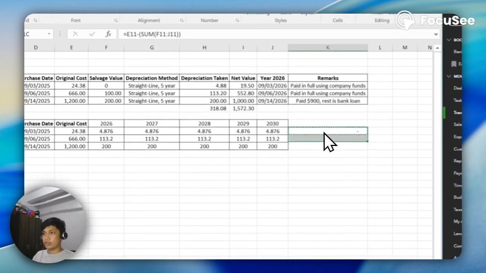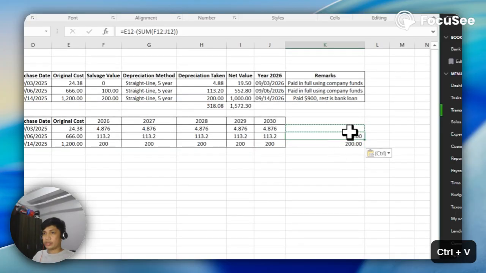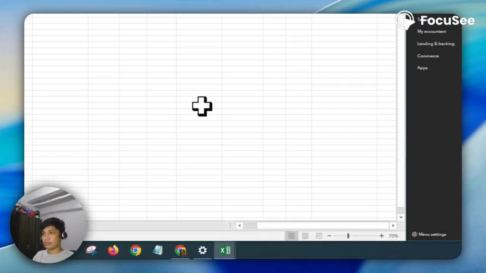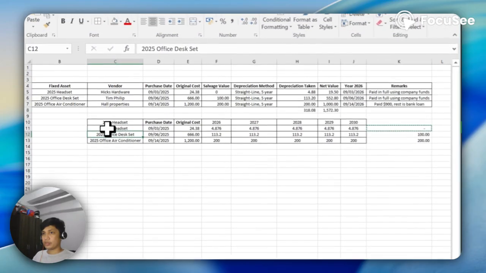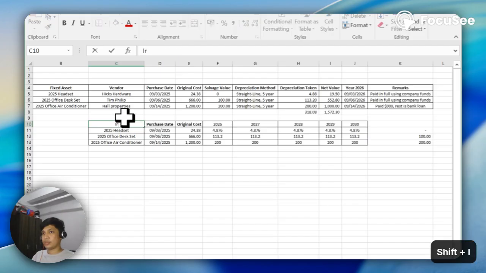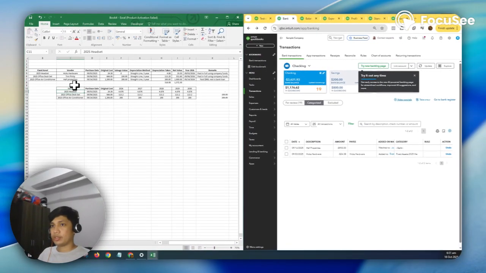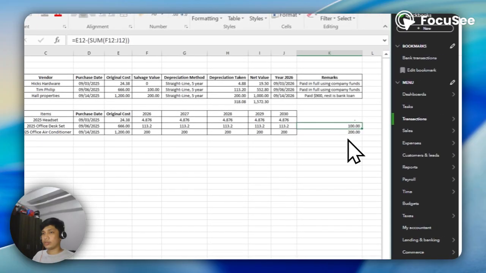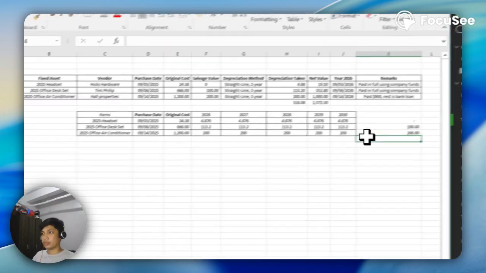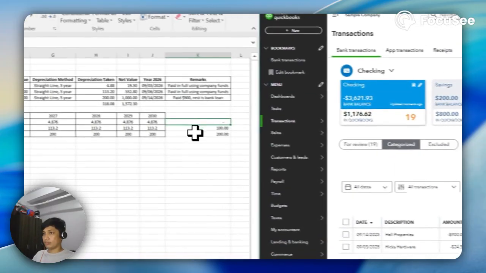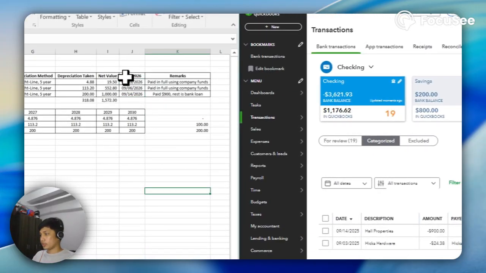For this one, I'm going to change the name. The office desk set is 100 USD and the office air conditioner is 200. Okay, matching the salvage value.